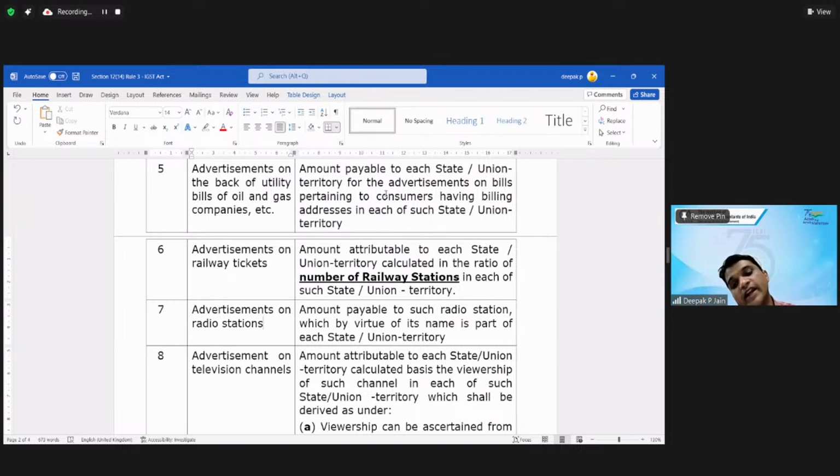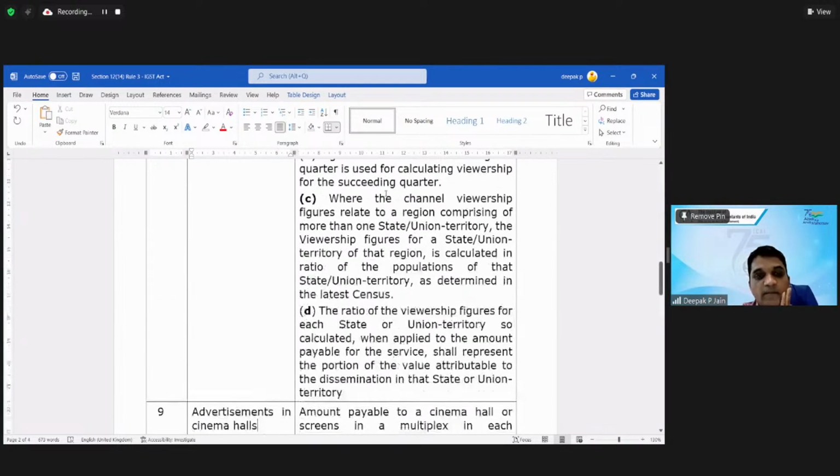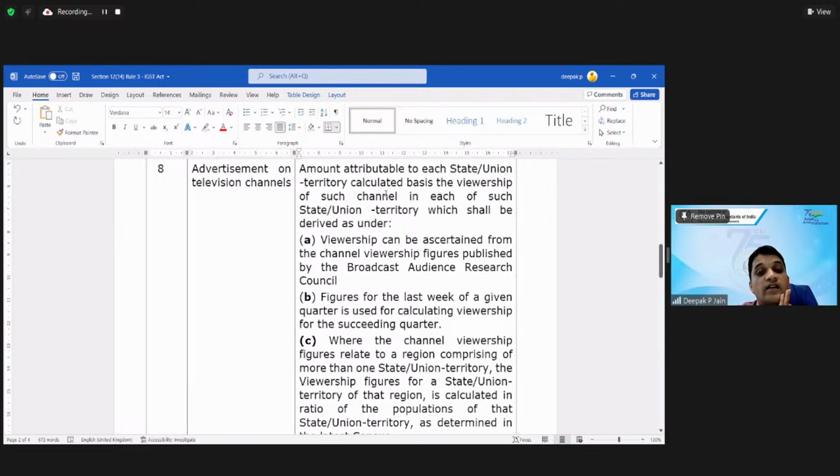So the amount payable to the radio station, which by virtue of its name is part of the state, how much is to be paid for advertisement on the radio? That is the apportionment basis. Then advertisement on television channels, the amount attributable to each state or union territory is calculated on the basis